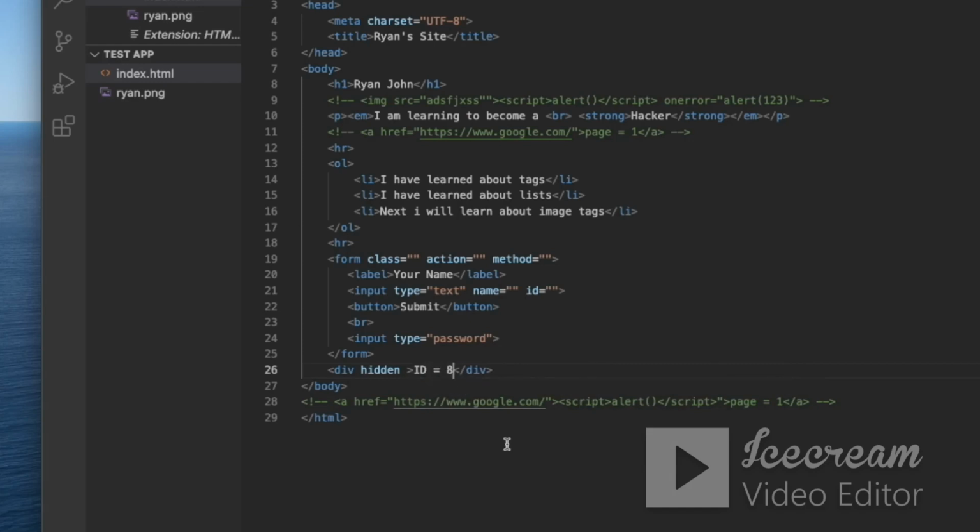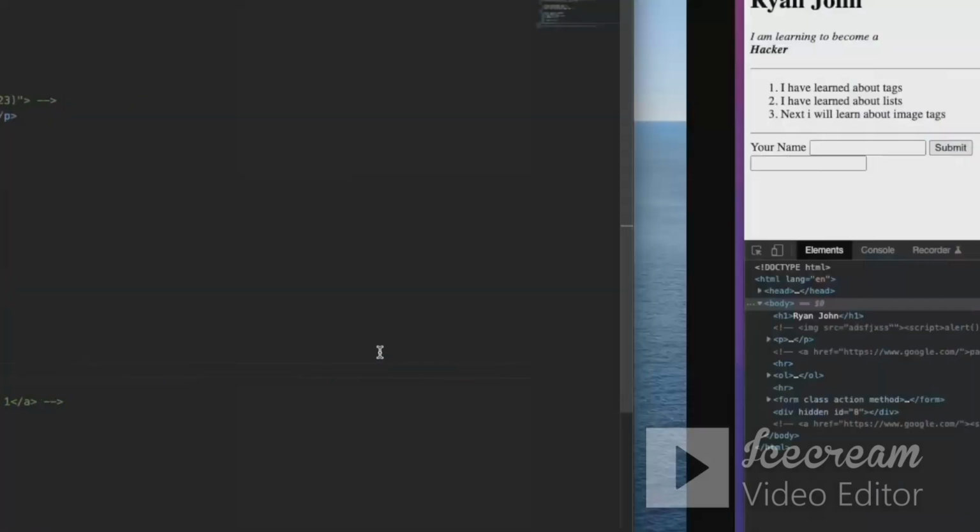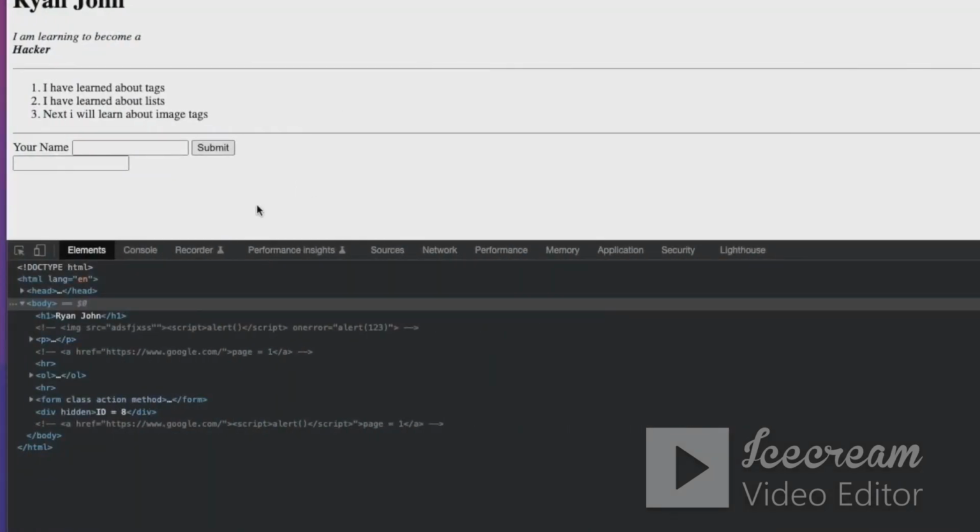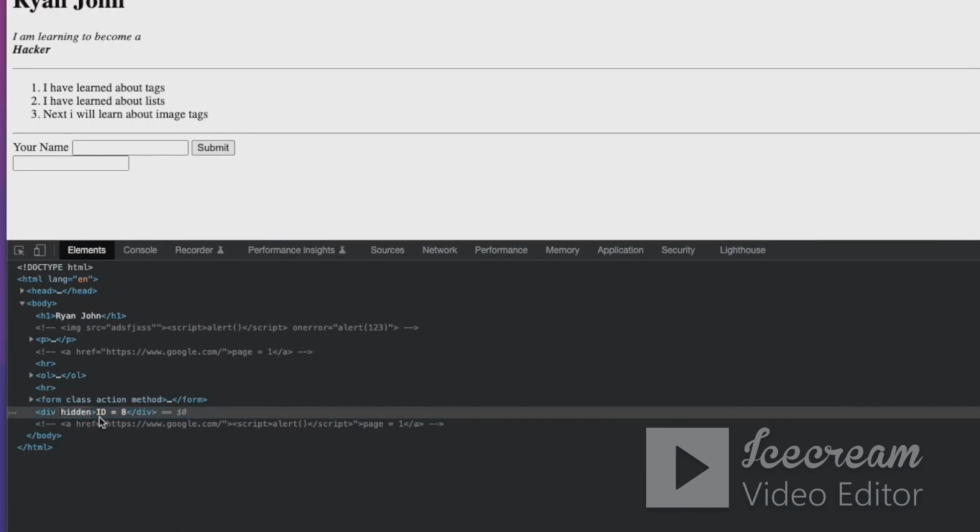And then if we save this, I've never actually seen this in the wild, only in CTFs. So this is not going to be something you're probably going to encounter in the wild, but you will probably see it in CTFs, as I've seen it in several CTFs. And you come over here and you refresh this page, you can see that we have this div ID 8 and it's hidden. And we can unhide this by just deleting the word hidden, and now the ID shows up